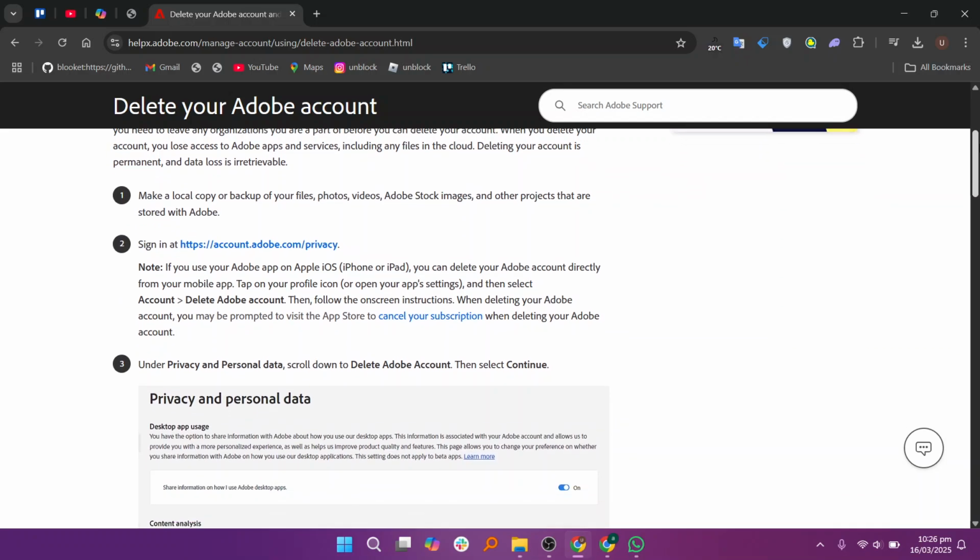https://account.adobe.com/privacy. If you're using an Adobe app on iOS, iPhone, or iPad, you can delete your Adobe account directly through the app. Tap on your profile icon or open the app settings, then select account, then delete Adobe account. Follow the on-screen instructions. You might be prompted to visit the App Store to cancel your subscription when deleting your